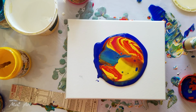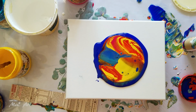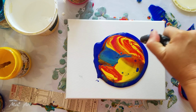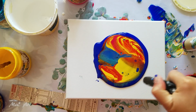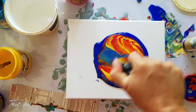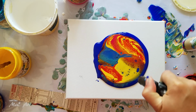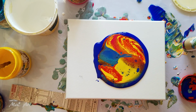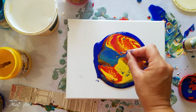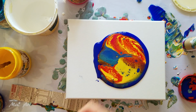Maybe this one's gonna be bright enough. What do you reckon? Now, some of you are wondering why I put the dark blue around the outside, because I know that that dark blue is not going to come through. Look at all those cells. Pop some of these air bubbles that didn't want to pop with the...